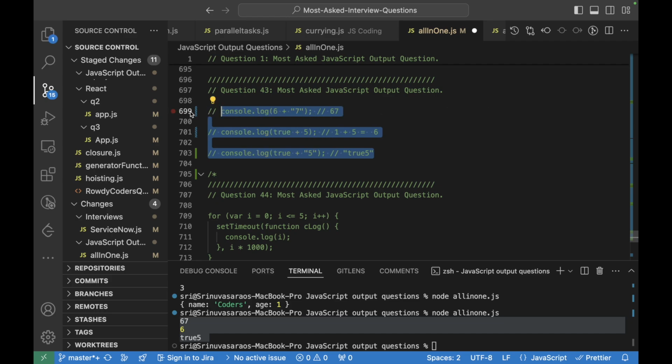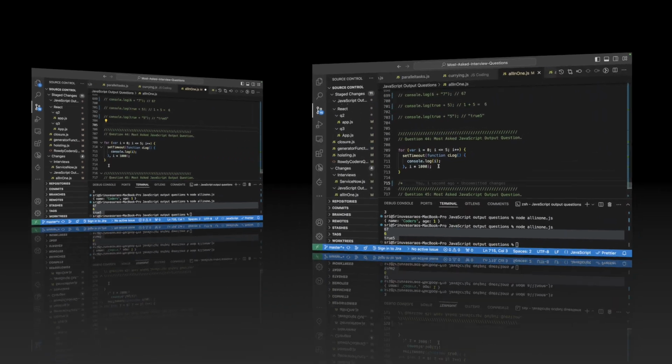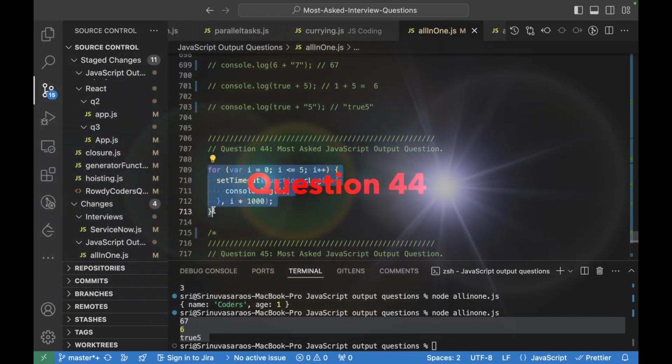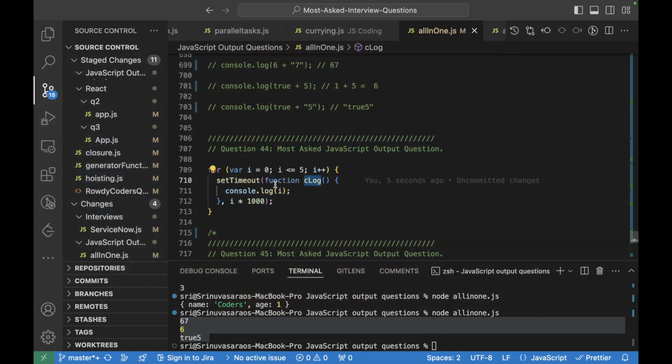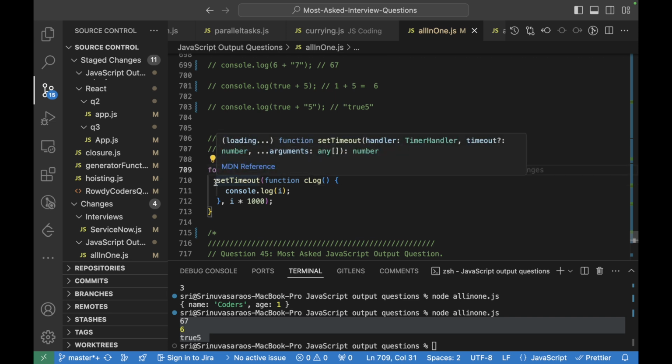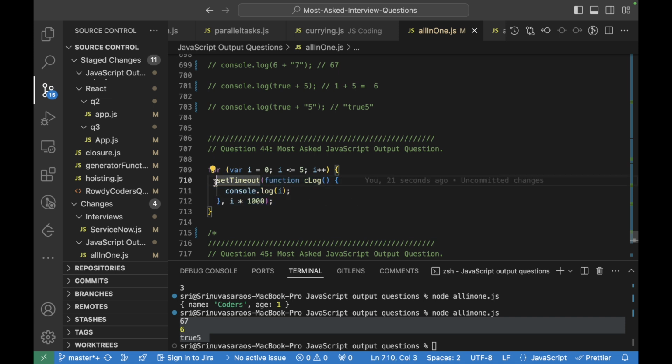Let me comment this down and let's go for the next question. So here this is similar to the previous question, wherein we are calling this particular callback function. And here this var is present. So var is function scoped, so each and every time a new setTimeout will be registered, but at the end var would be equal to 6. So 6 will be passed to this particular setTimeout. Console will be logged almost 6 times with 6.